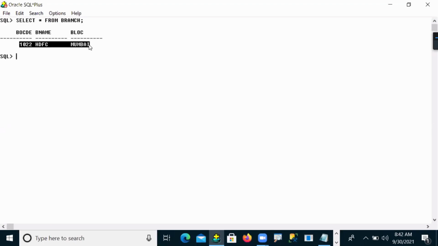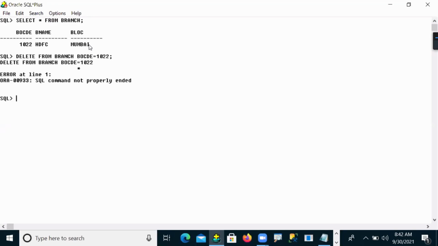Exactly at this position, I'm using one operation: delete from branch where bcode is equal to 1022. 1022 is permanent data, a database memory data. That data I am trying to delete.